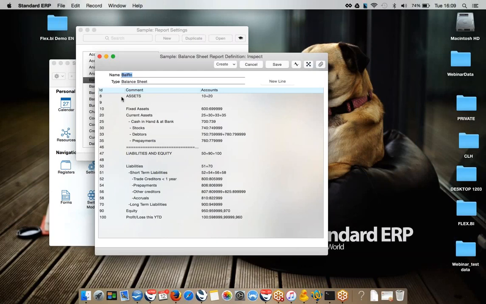Then there is a comment, which is the name, how the position is displayed in the report. So in this case, for fixed assets, it's number 10, and it's an interval of accounts. And here in the accounts part, you see the formula of this